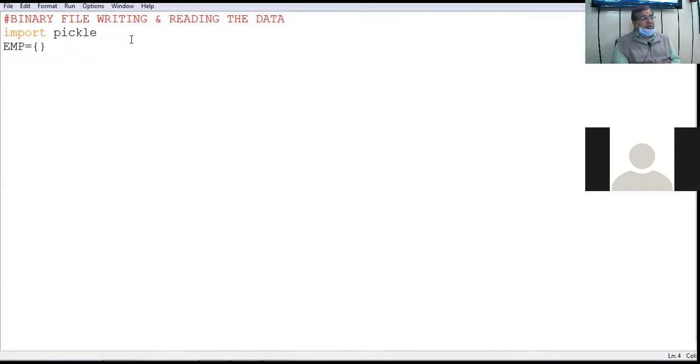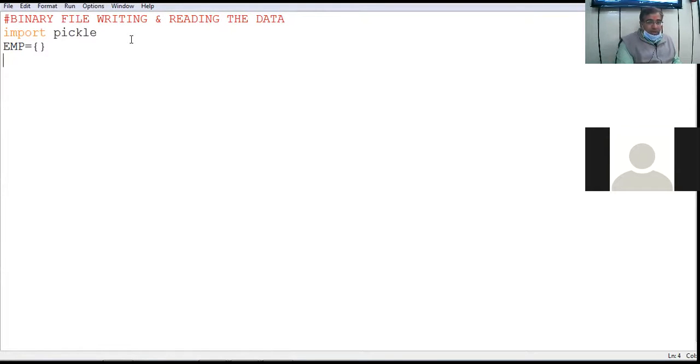The sequence that I have taken to enter the records in the binary file is dictionary, but it is not any hard and fast rule that you can only take dictionary. You can create a list also. The practice question which I sent you yesterday was related to records of a binary file created via list, right?